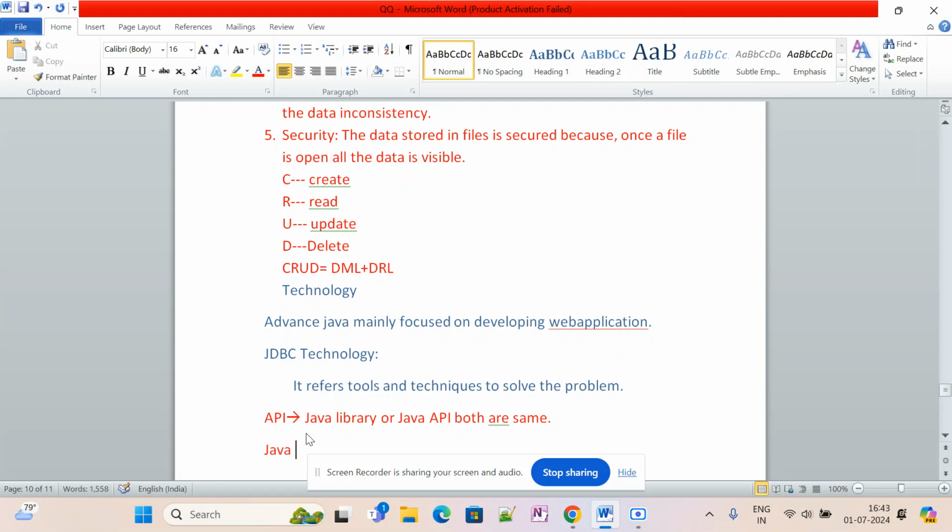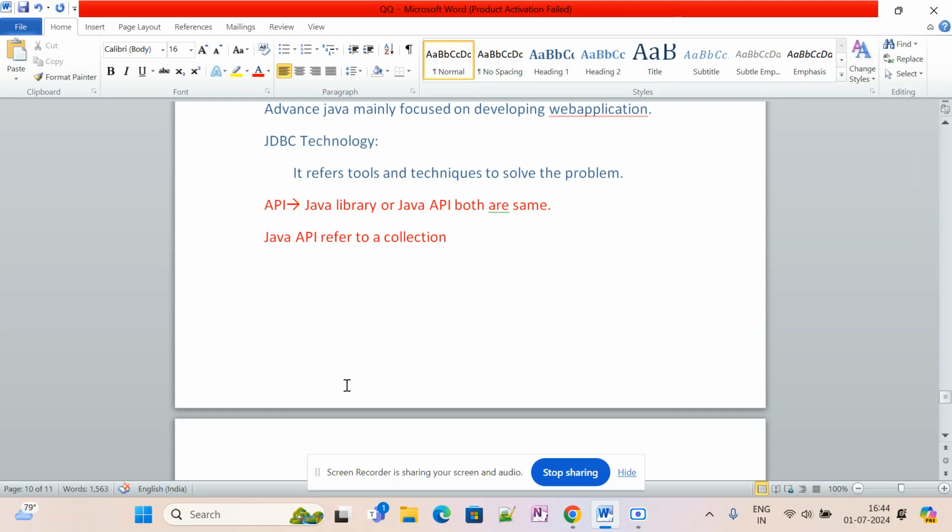Let me write this down. Java API refers to the collection of predefined or pre-existing